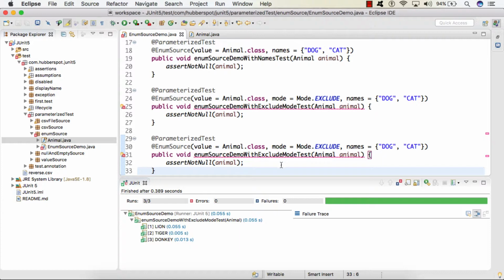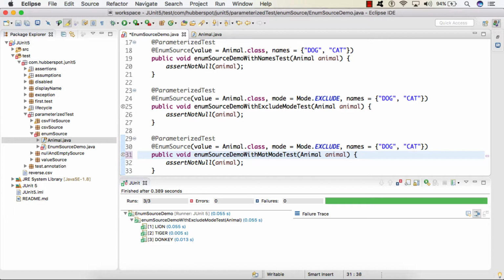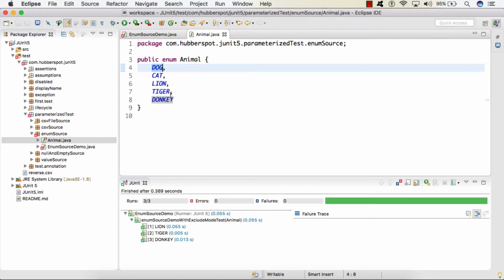Now let's see the demonstration of match all mode. So I change the test name to match all, and here instead of exclude I provide MATCH_ALL. So friends, now in names we simply provide a regular expression, and if any of the constants matches that regular expression, it only allows those values to pass through.